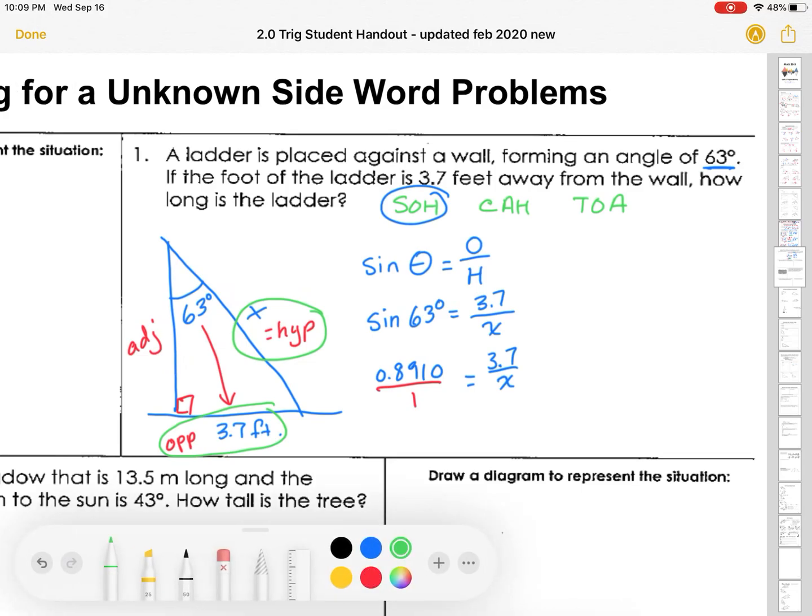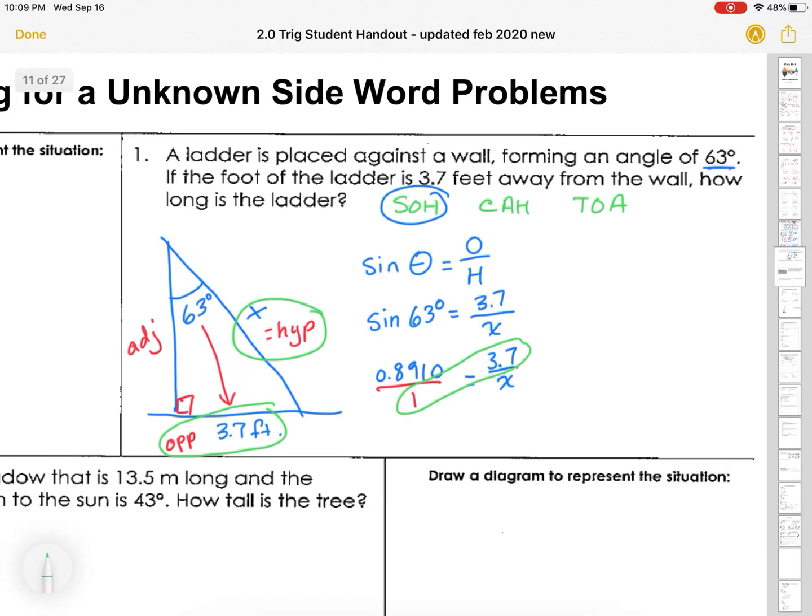Now remember, we can write this one over 1. You can write anything over 1. So let's think about our cross multiplying and dividing. So we're going to multiply there and divide by that. So what happens? We write x equals 3.7 times 1 divided by